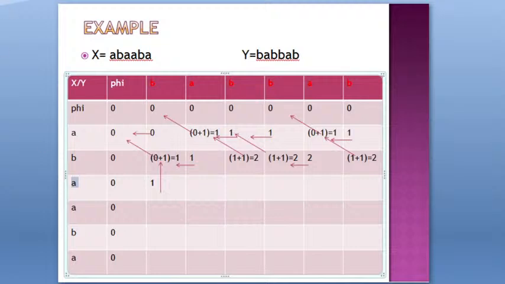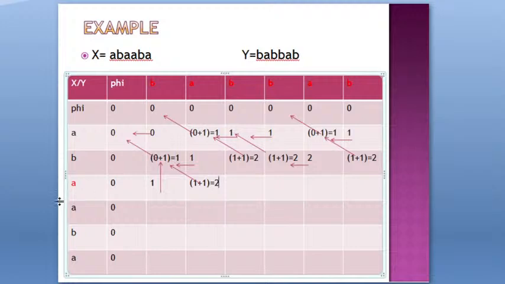Now A with A matched each other. So what will be the value? A with A matched each other, so diagonal element plus 1. So what is the value? 2. Now this one is coming from your diagonal element. I took this one value from the diagonal element and then, as per the formula, plus 1. So 1 plus 1 which is 2. Okay. Now next is